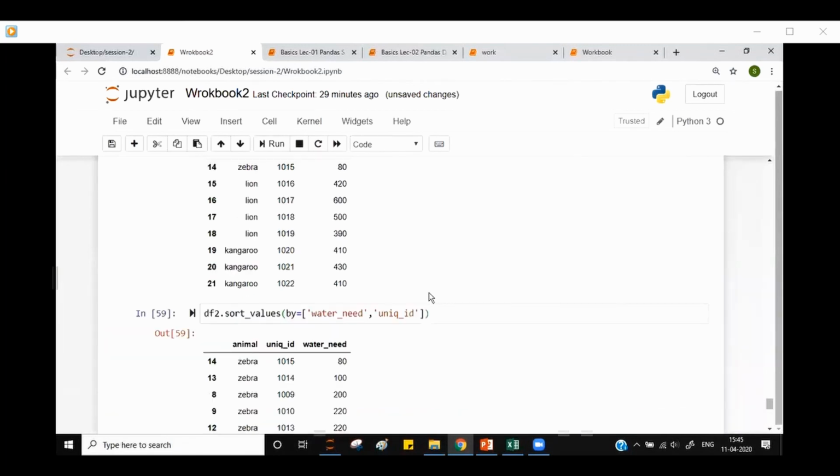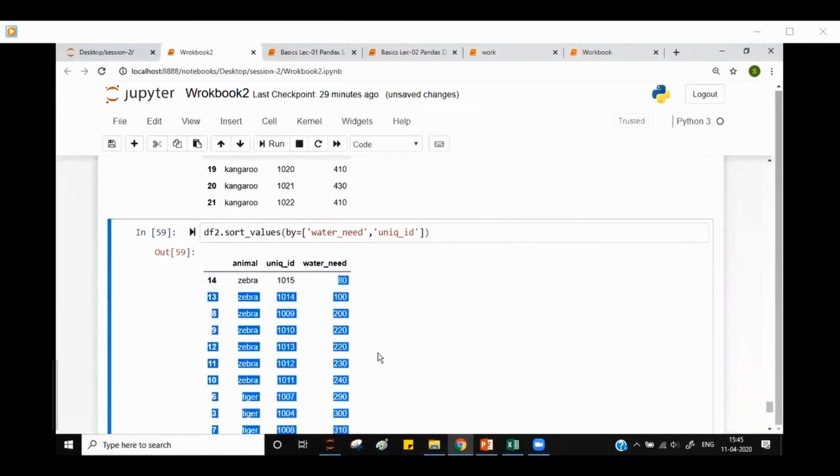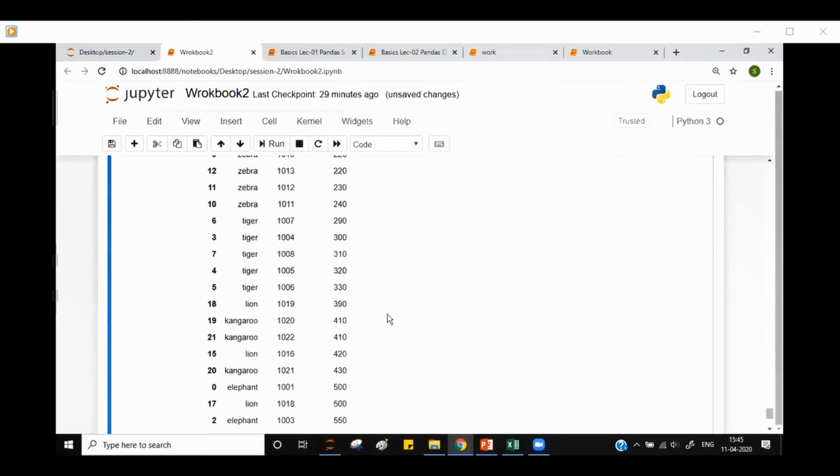Let's see. Yeah. So it has sorted by 80, 100, 200. It has sorted the water need. And whenever there are similar values of water need, see here, 220, 220, there it has sorted by unique underscore ID. So I hope this is clear to everyone.